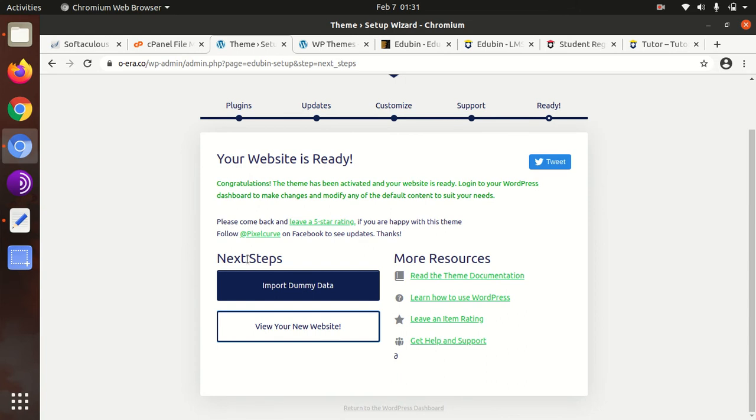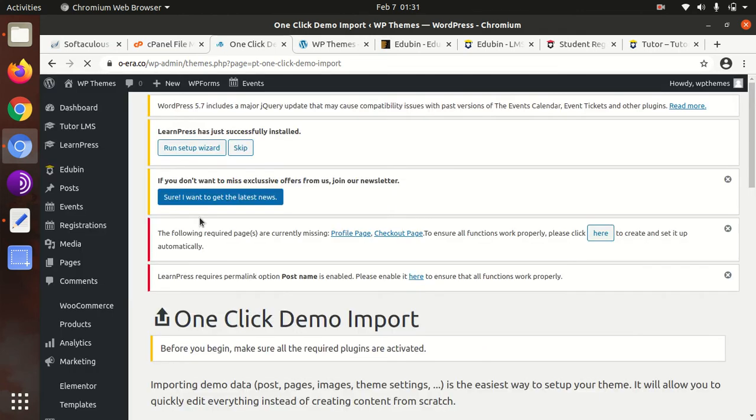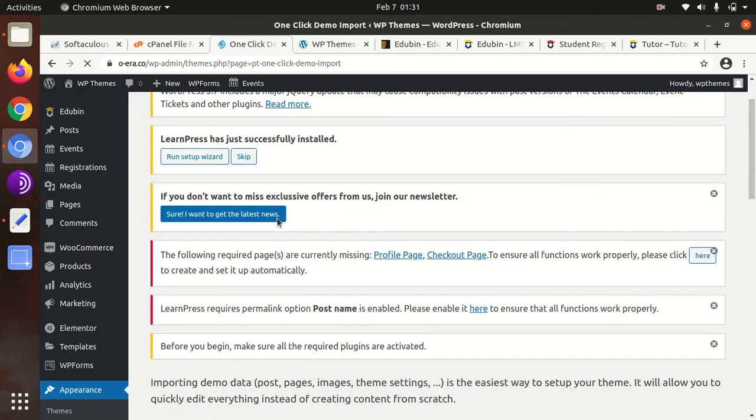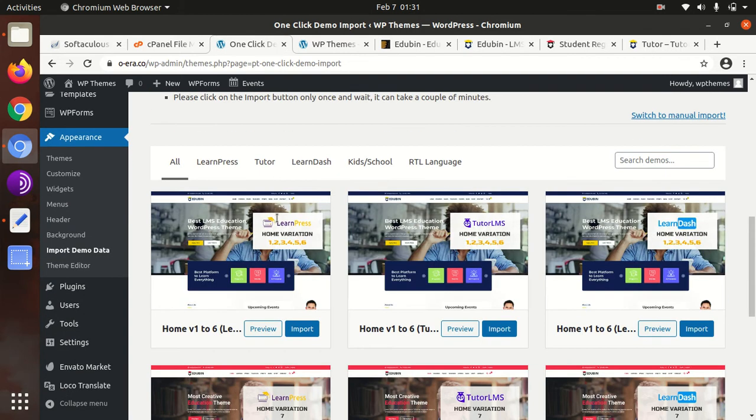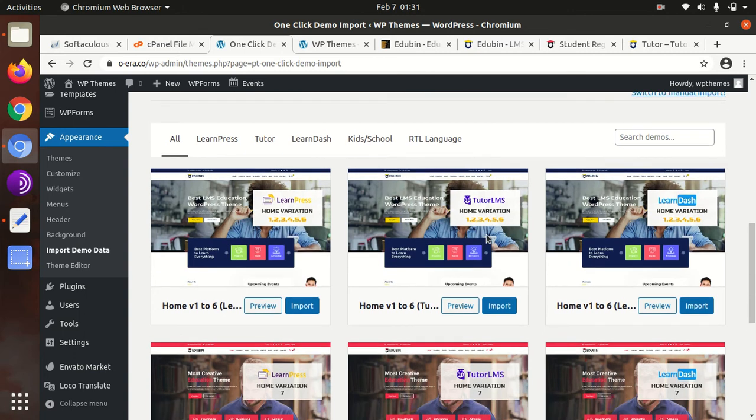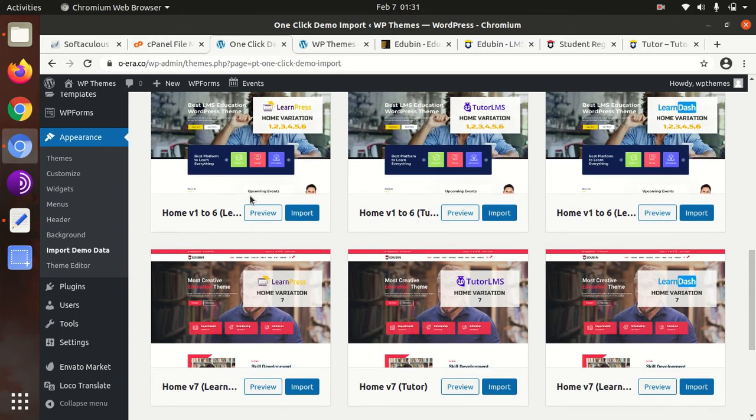And at the next step we have to import dummy data, so click on import dummy data. This theme uses one-click demo import, and here are the options available for ready-made websites.